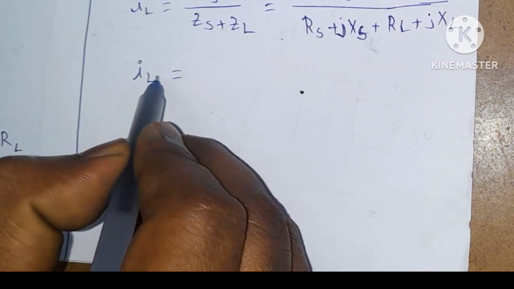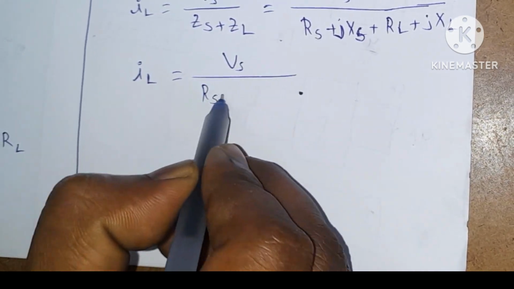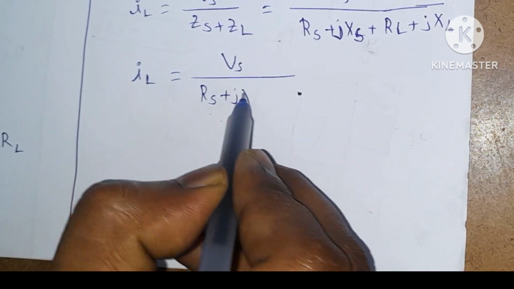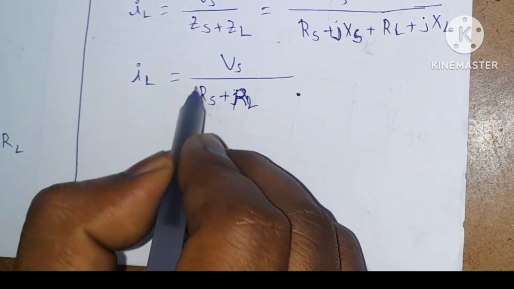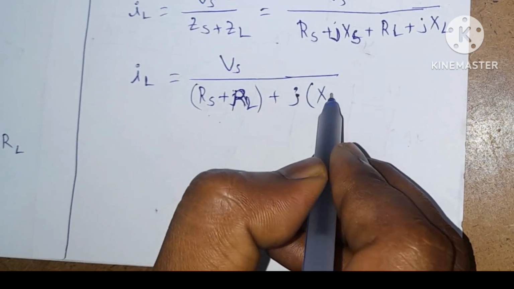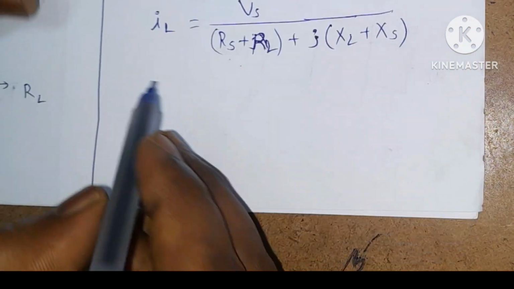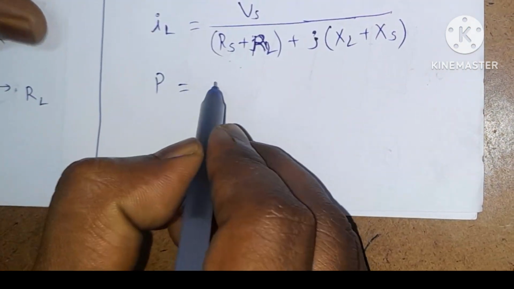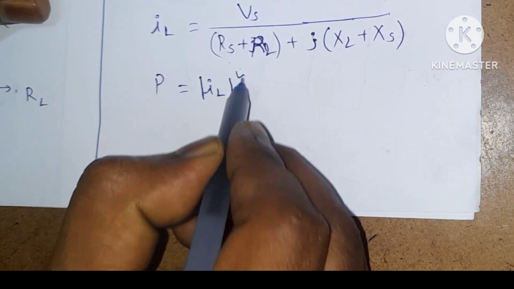So IL is equal to Vs by (RS plus RL plus j(XL plus XS)). Now what is the power? Power P is equal to modulus of IL square